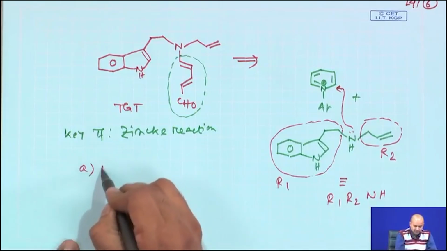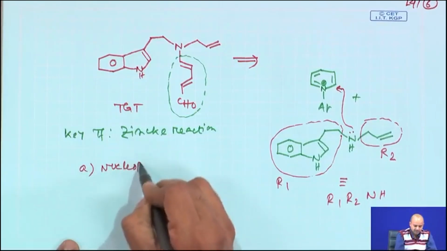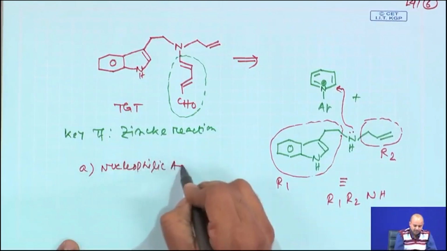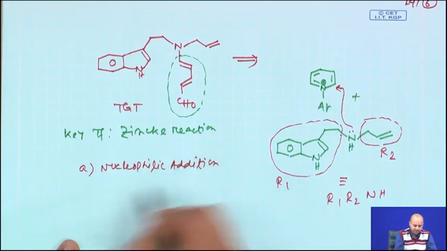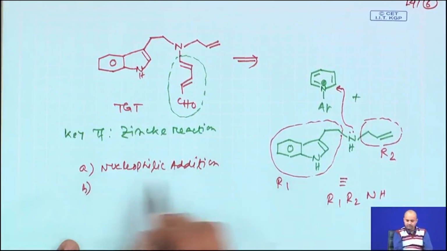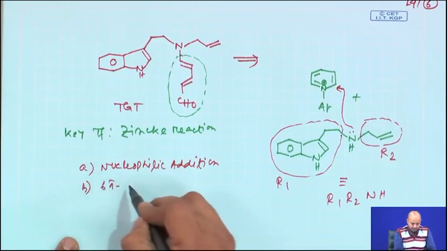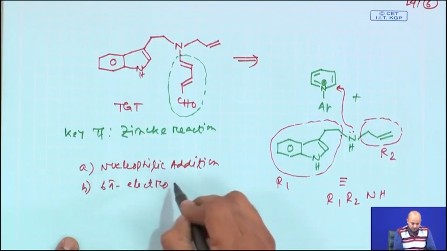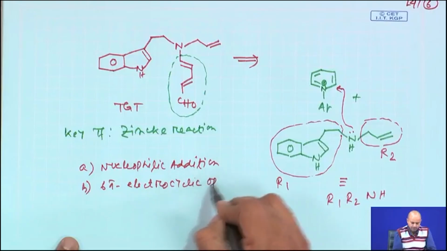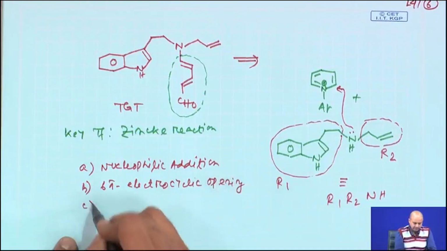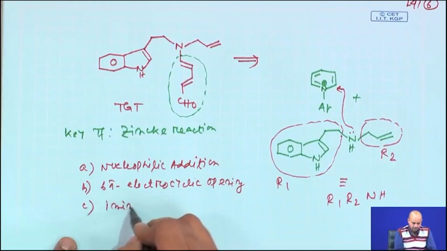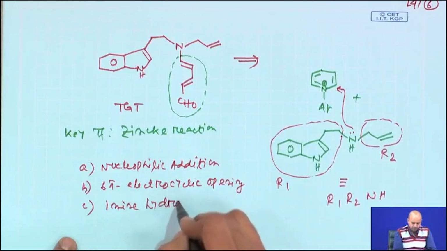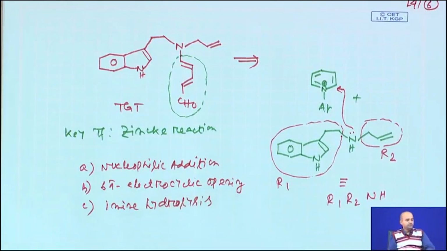Initial steps are nucleophilic addition, and then you have this 6 pi electrocyclic ring opening, and then at the end you have this imine hydrolysis. So, all these steps together give you this Zincke reaction, which is very useful, and Zincke reactions are absolutely useful in the field of organic synthesis. We can use this reaction